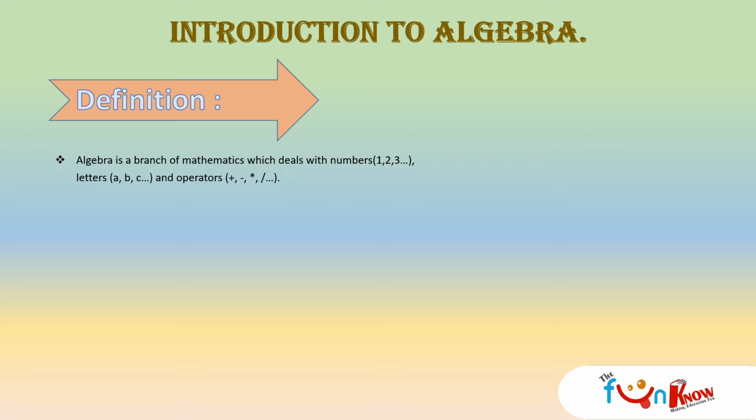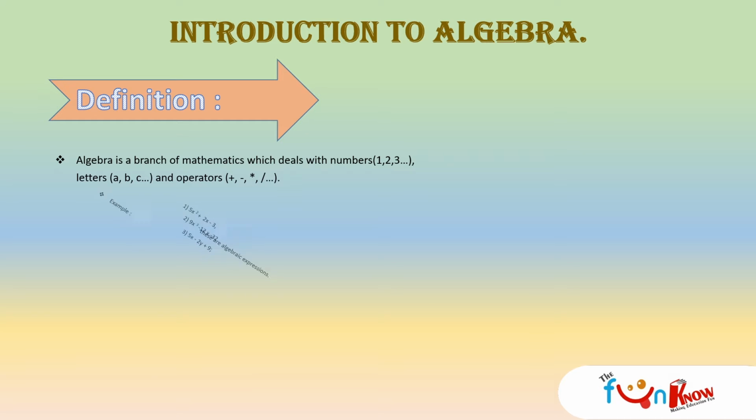Operators are used when two numbers are there. When you have to add two numbers, you use the addition operator, that is the plus operator. When you have to subtract two numbers, you use the subtraction operator. When you have to multiply two numbers, you use the multiplication operator. So algebra is a branch of mathematics which deals with numbers, that is 1, 2, 3, which deals with letters, that is A, B, C, and it also deals with operators, students, that can be addition operator, subtraction operator, multiplication or division